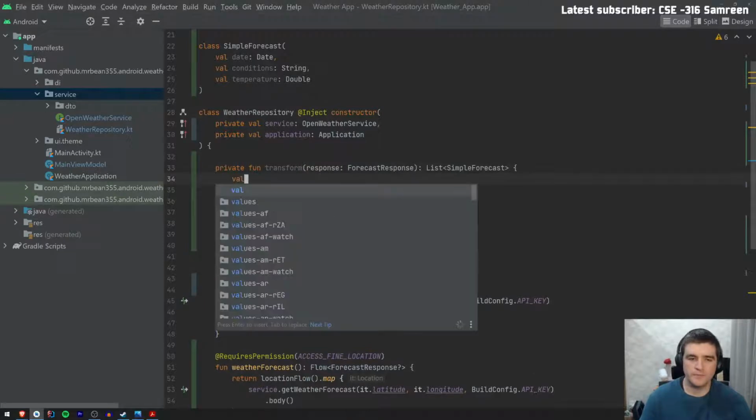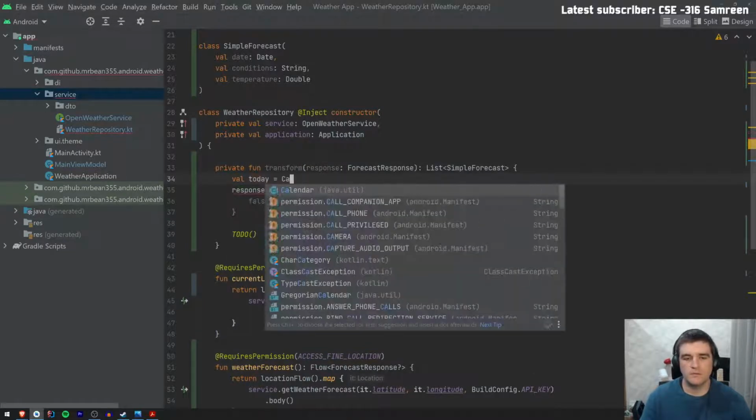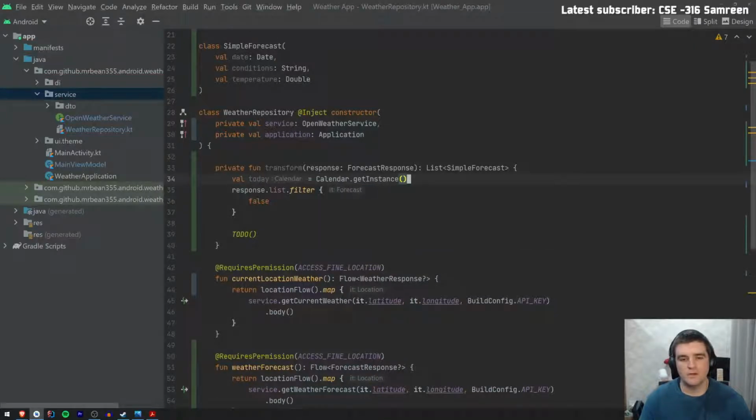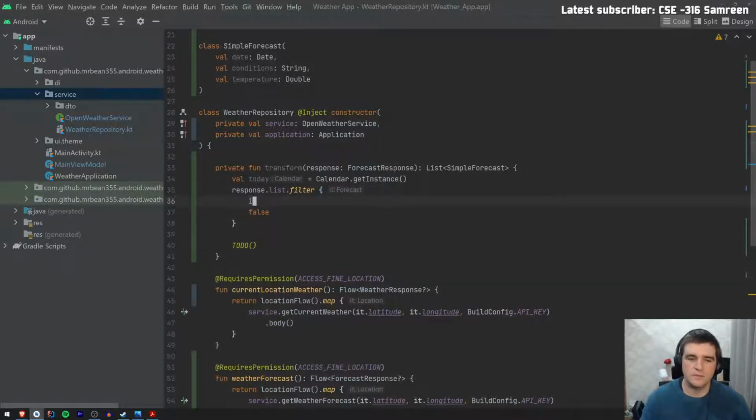So today, I think calendar is probably still the easiest to work with. So I want to filter out anything that is on today. So it dot